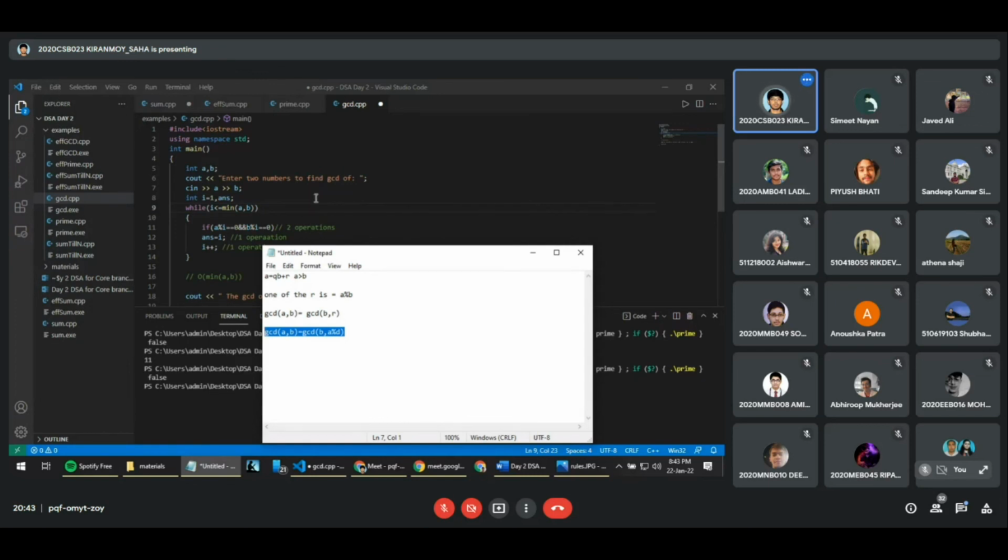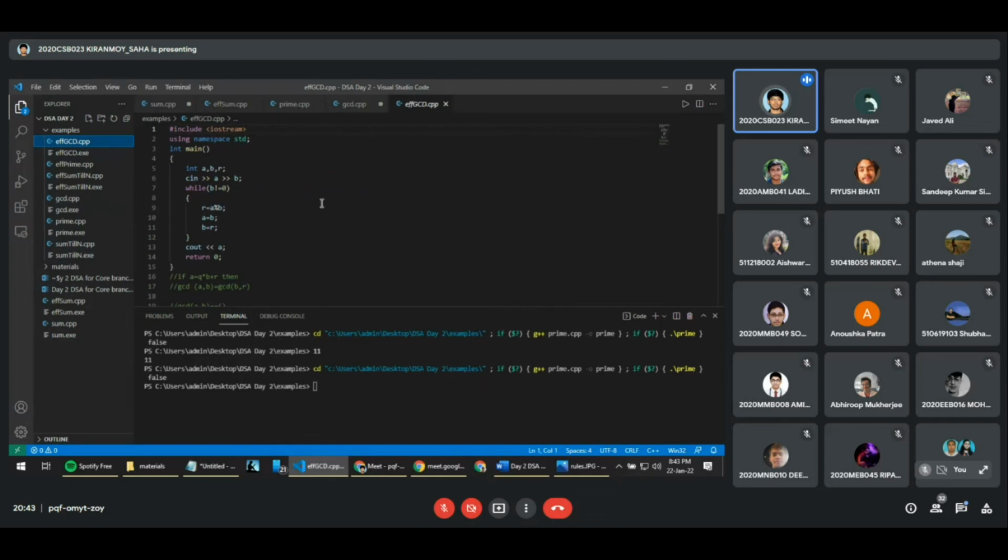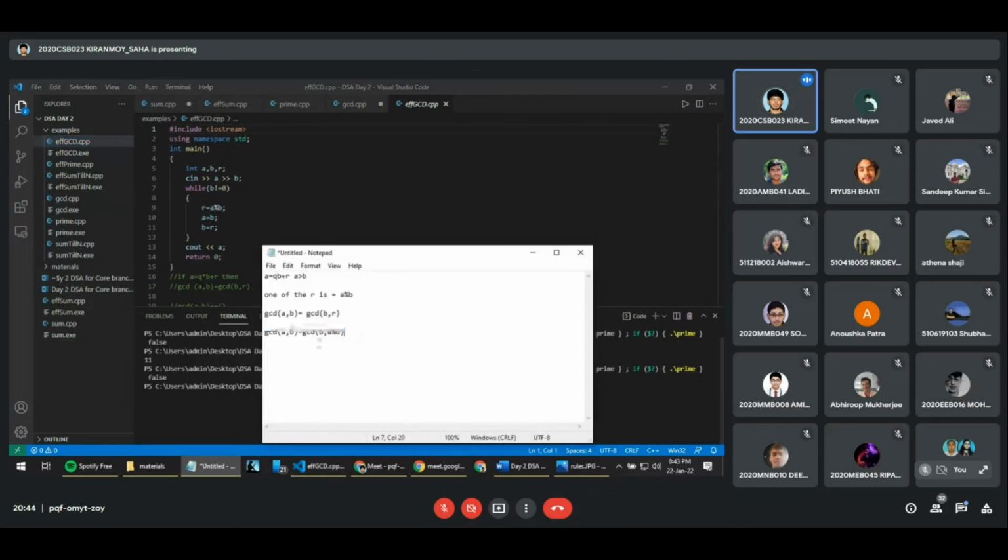So let us see how we are doing that. Let me go to efficient GCD. What we are trying to do is, we have A and B. At first we are doing B and A percentage B, and we are repeating this process. Then again we get GCD of A percentage B, comma, B percentage A percentage B. Is it understandable? We will repeat this process until this term becomes 0, and the other term becomes the GCD,